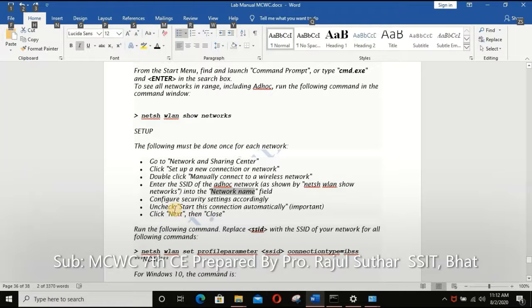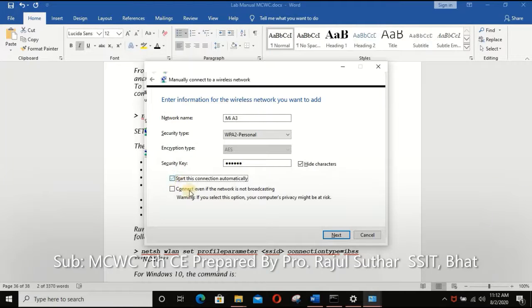Then click on next. So I remove this and next. Here the value of the security key must be 8 to 63 characters and case sensitive. So I change this key.